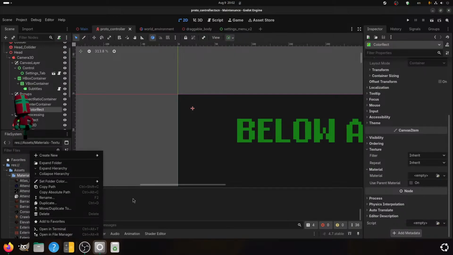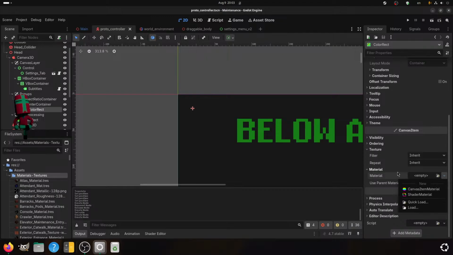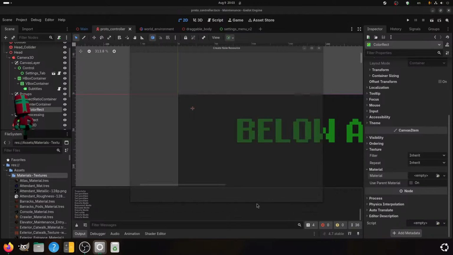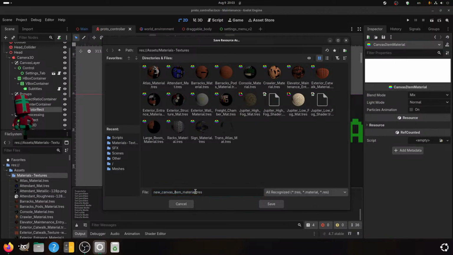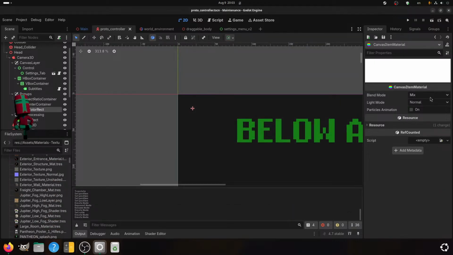Create new resource. What kind of material do you need? Canvas item material or a shader material? Create poster one canvas material, blend mode, mix, multiply.